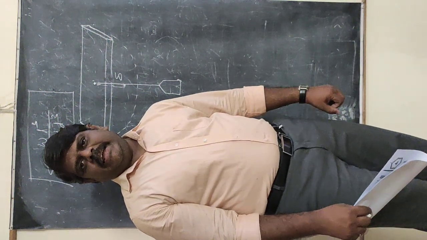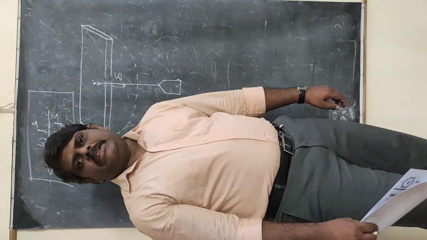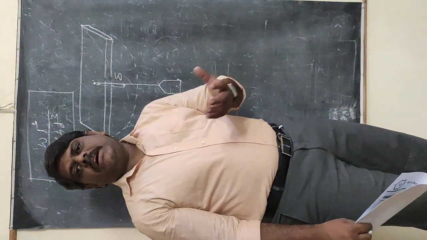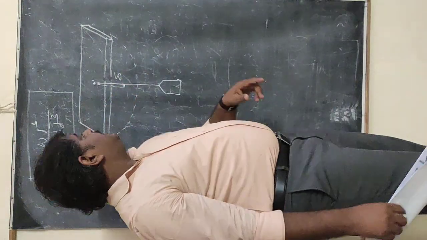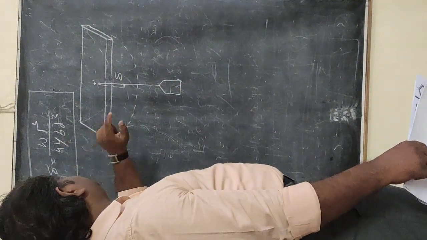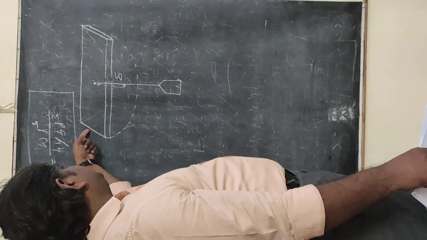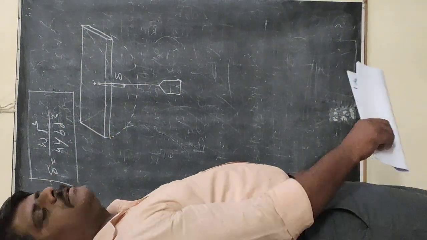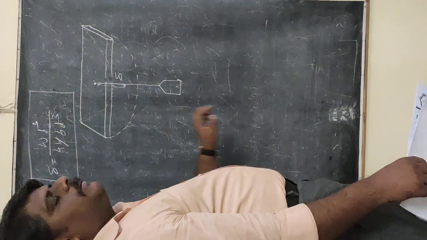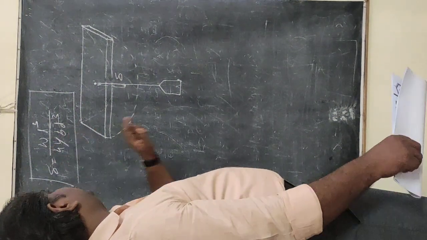In civil engineering, whenever they are going to construct the buildings, they are going to select the material which has the high Young's modulus value, so that the pillar will be stable. Y represents Young's modulus, b represents the breadth of the pillar, and d represents the thickness of the pillar. So this is the formula.